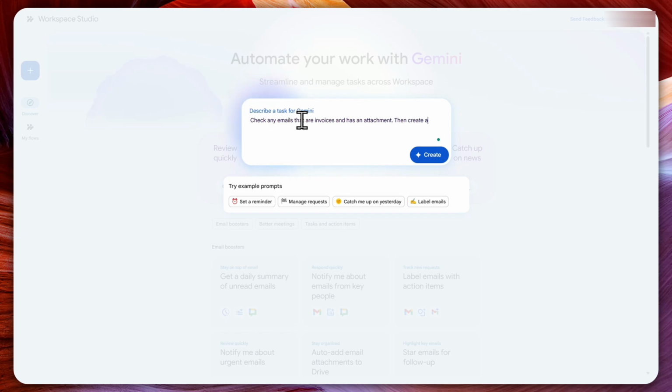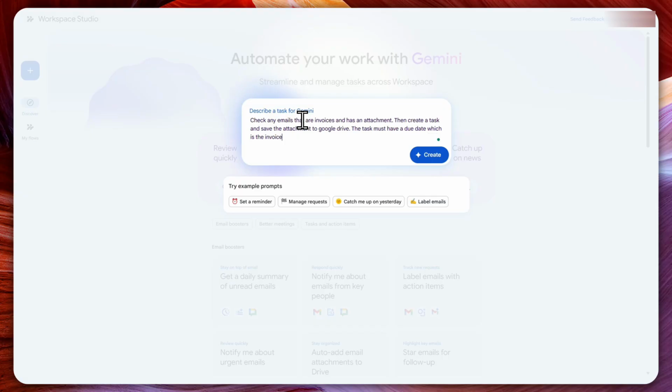Then create a task and save the attachment to Google Drive. The task must have a due date, which is the